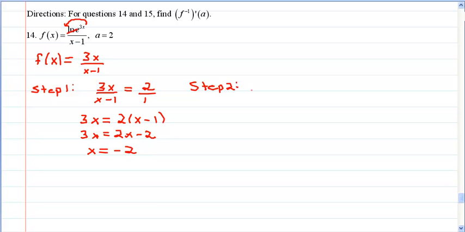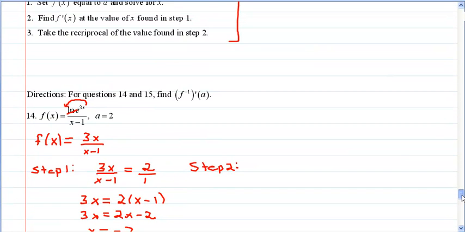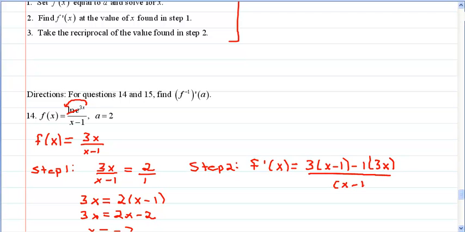Now for step 2, I'm going to scroll back up. We want to find f prime of x at the value of x found in step 1. So that means we'll be finding f prime of negative 2. So to find f prime of x, I have to use the quotient rule. And f prime of x would be equal to 3 times x minus 1 minus 1 times 3x over the denominator squared, x minus 1 squared,